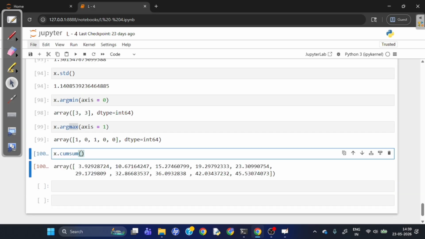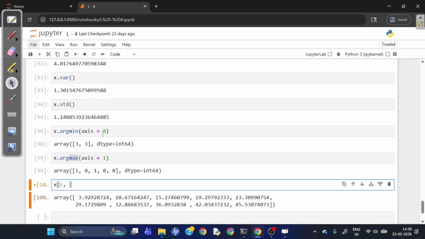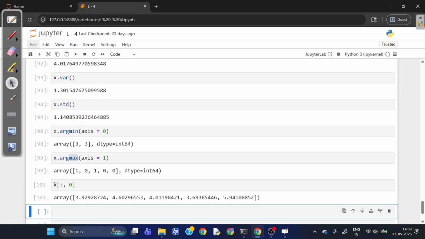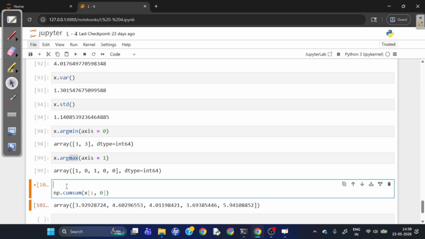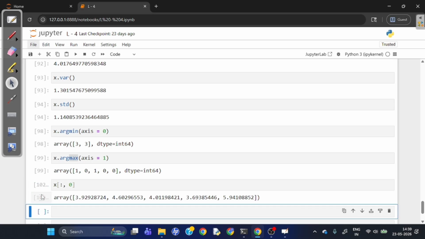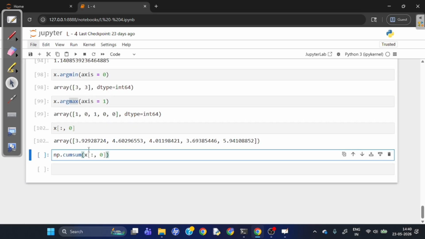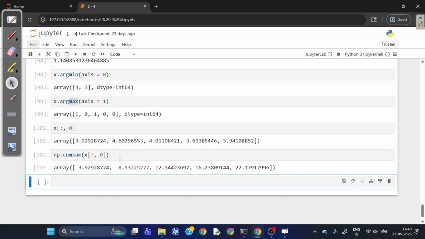Actually, I should write. So let us try this on only one array. Let me select just this first column in this array. So which is this, and if I do np dot cumsum. So first let me print this. Okay, then I will do this. So this is the first column, and if I write np dot cumsum of this first column, see the